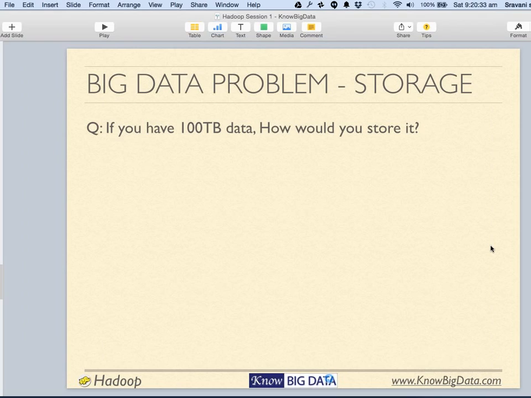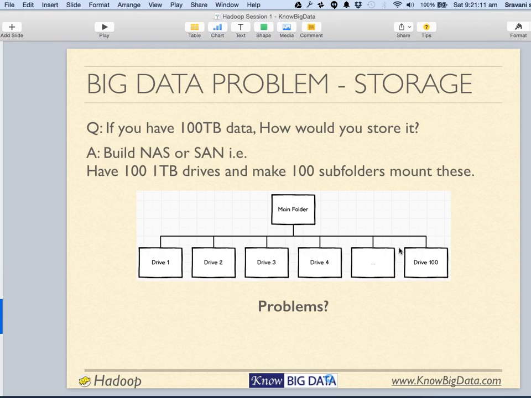Gunjan says maybe 10 terabytes on 10 different systems. Good. Anant says make a table of different storage devices, containing which device can store how much data. So yes, that is good. Basically you are trying to build an index of the devices.